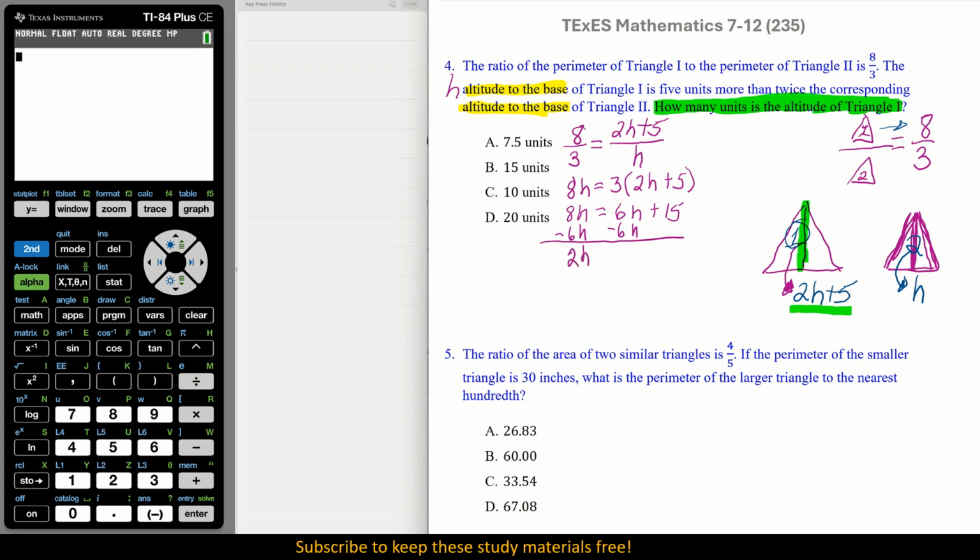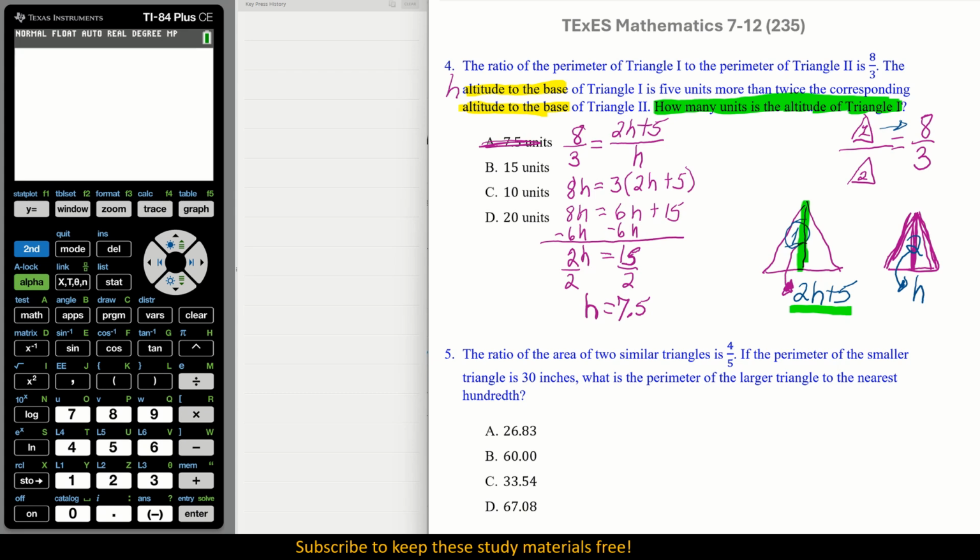We have 2h equals 15. And then now we divide both sides. So what do we have? H equals 7.5. Okay. Well, remember what I said: when we get our value of h, that is not the answer to the problem. So mark out